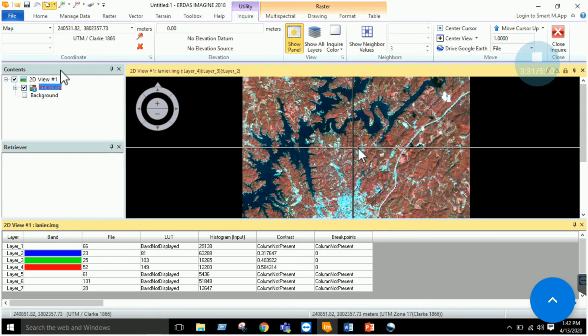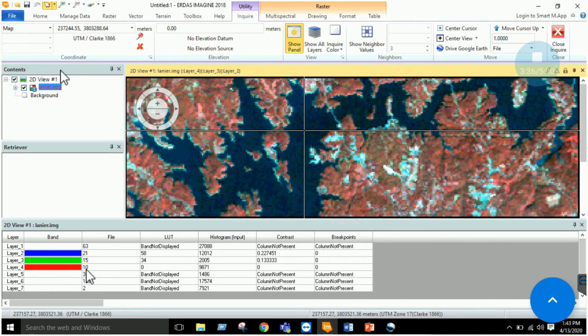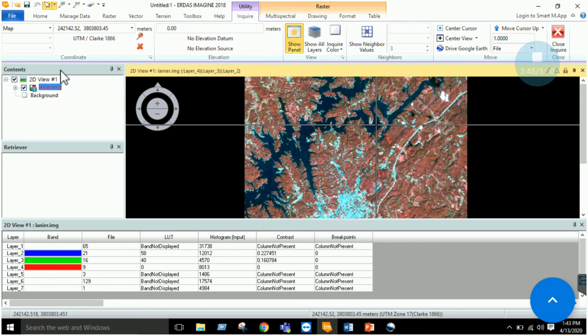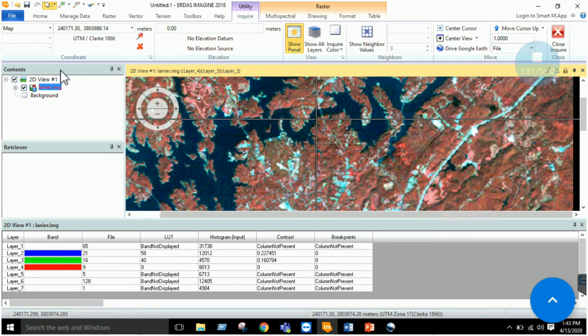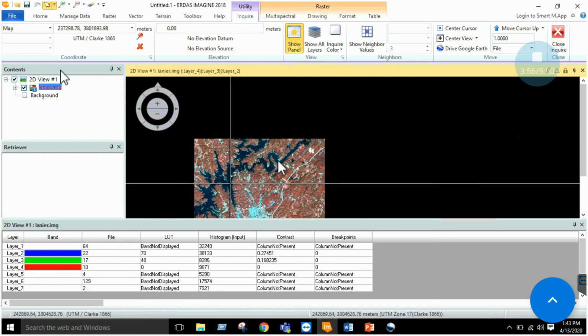Now click on inquire and just zoom to this water body and note down the values over here. In layer 4 you can see that it has a value of 9. Similarly, go to some other water body. Here it has a value of 9, right? So that peak might be of this water and surrounding features, and the other peak might be of these features which are urban areas or others, right? So this is a method to interpret your histogram and to use inquire to see those values over here.